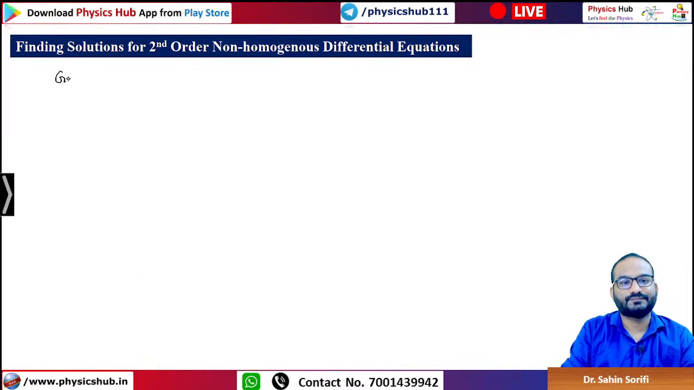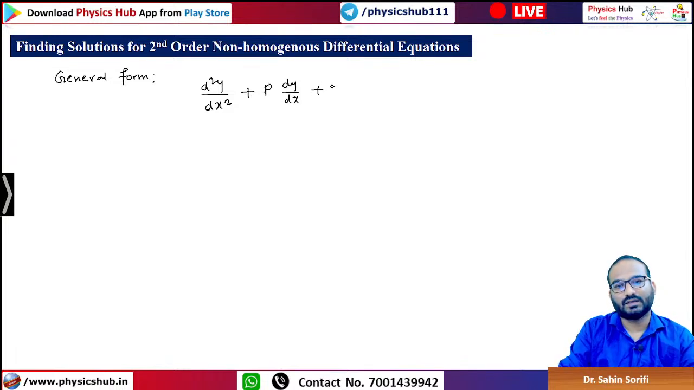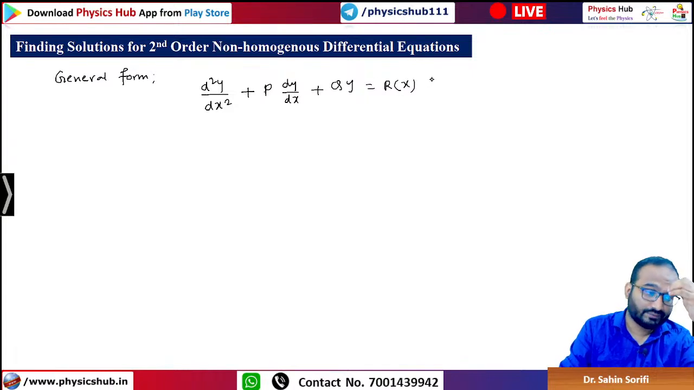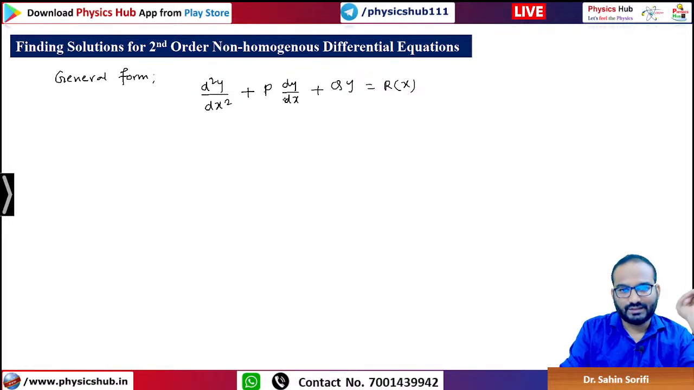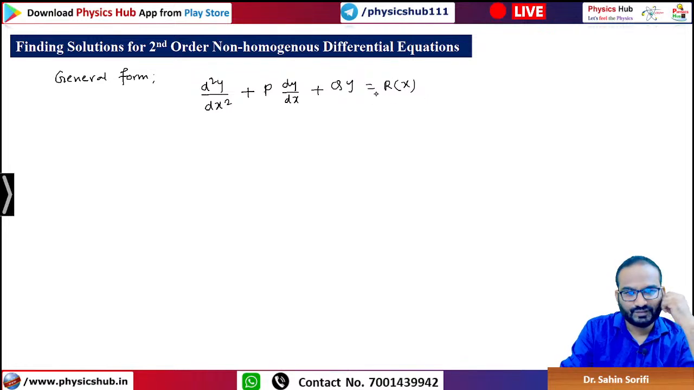The general form will be d²y/dx² + p dy/dx + qy = r(x). So f(x) we are writing, let's say r(x) for the time being, because f we will be utilizing at another place. Now this equation can be written as,